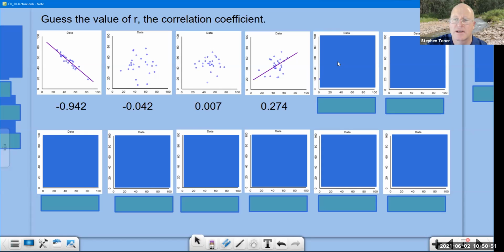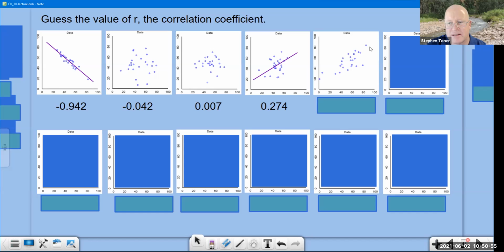Let's do one more together. Again, an upward trend. It's a little bit more definitive than the one before it, and so this will be a higher value of R. And it's about 3/4,